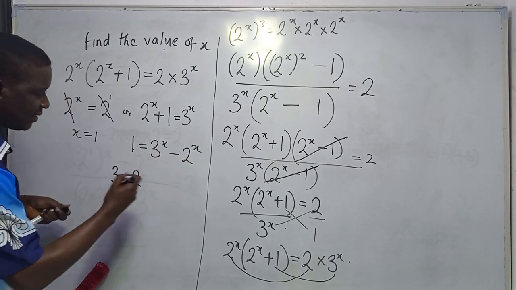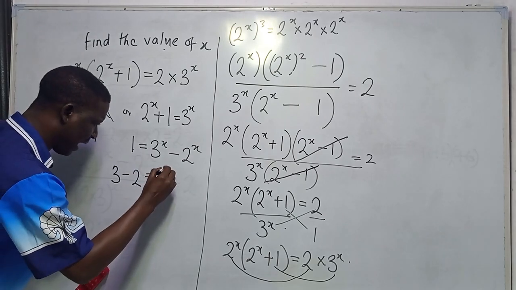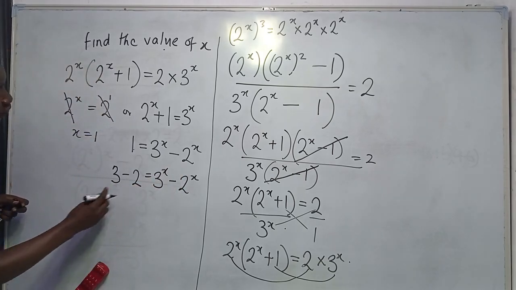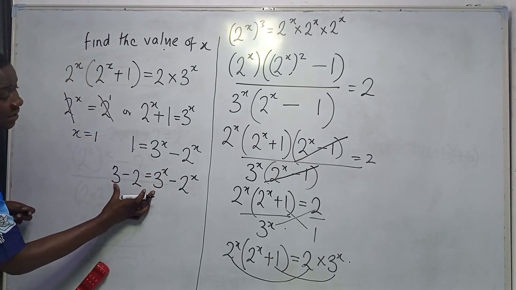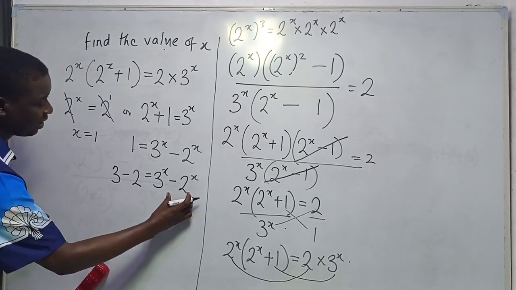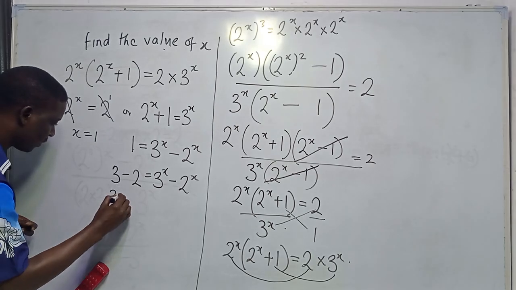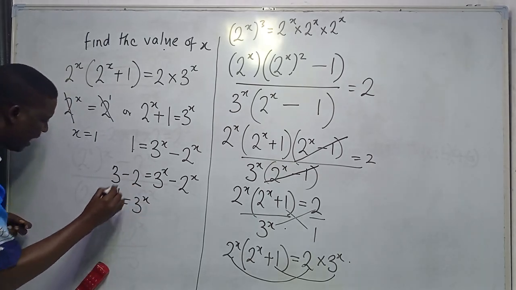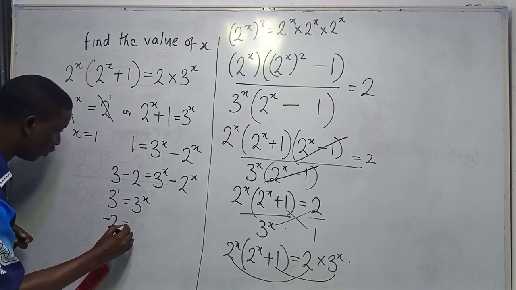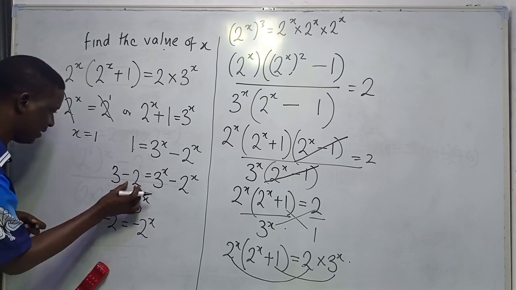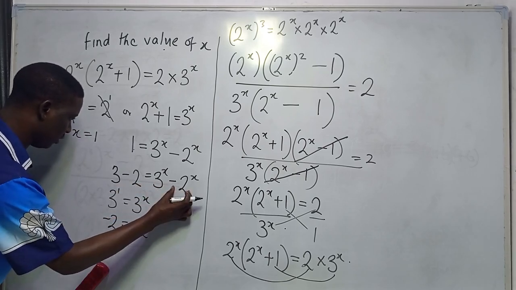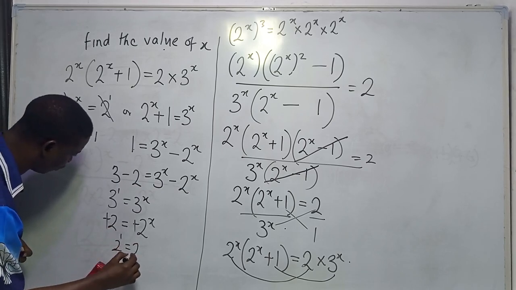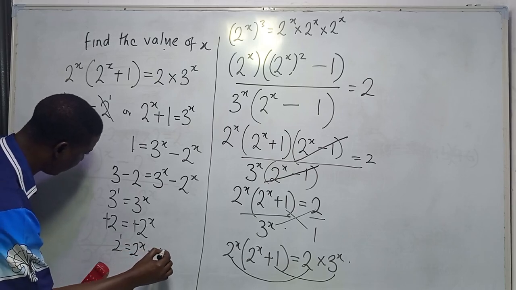Because I want to compare left and right, equal to what? 3 raised by x minus 2 raised by x. So if you compare the two sides, either you pick this and this, left hand compared with the right hand side, 3 raised by 1 equal to 3 raised by x, or you compare minus 2 equal to minus 2 raised by x. That means this one equals this one. So what I want to have now is what? 2 raised by 1 equal to 2 raised by x,